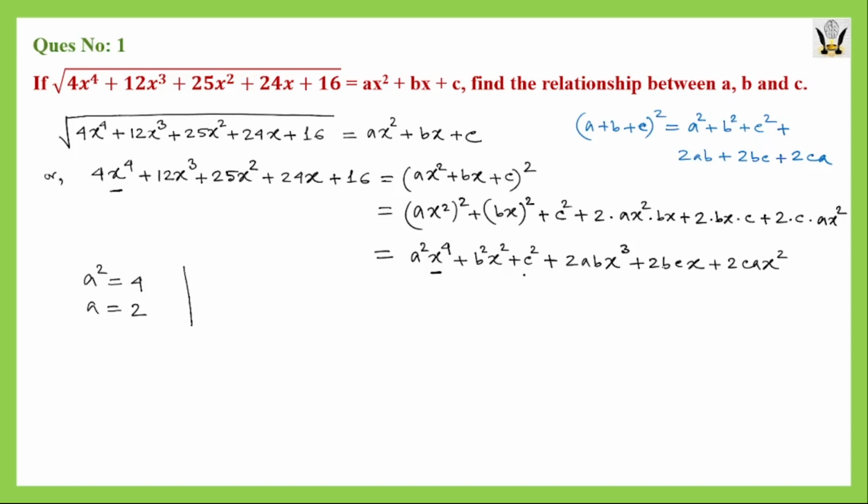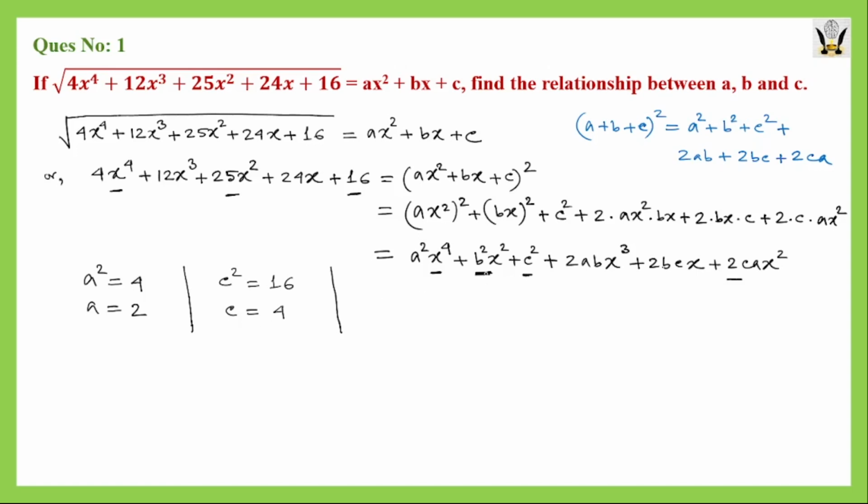Now if we equate the constant coefficient, here we have c square and on the left side we have 16. So easily we can say that c square will be equal to 16. So we can say c will be equal to 4. So far we have obtained the value of a and c. Now what we need to do is find the value of b,